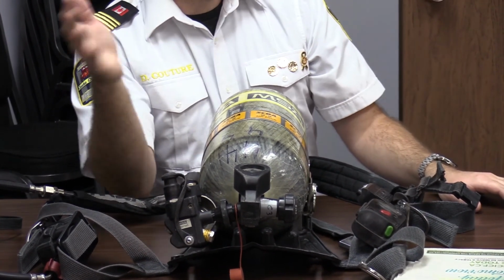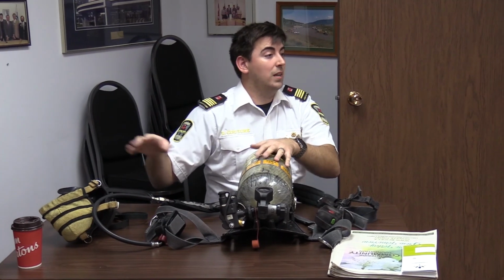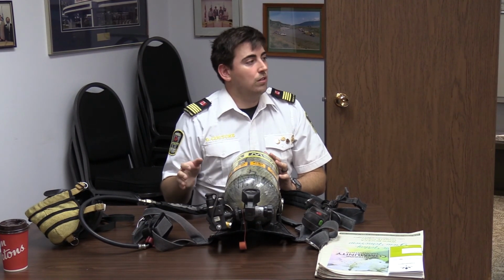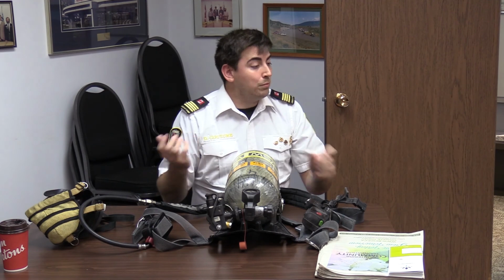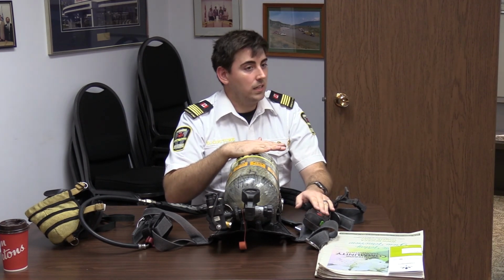And they take about that much time to fill on an individual. If you have, like, say 10 of them in a queue, one person dedicated to filling them, they take about 20 minutes to fill. In a safe way, you can fill them really quickly, but just the nature of filling air tanks, it creates heat through the process because you're pushing high pressure air in through very small lines, so it generates heat. So the air inside the tank is warmer, and you don't get as much in a tank,